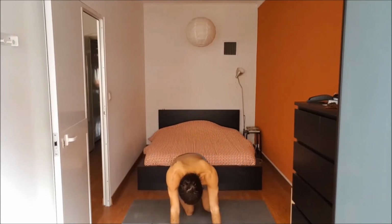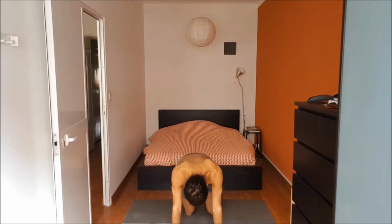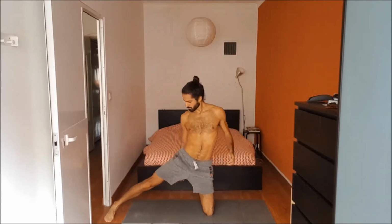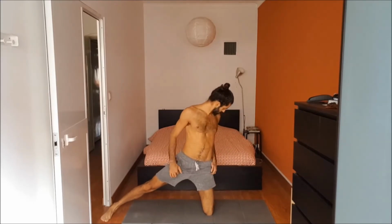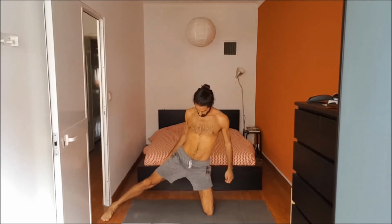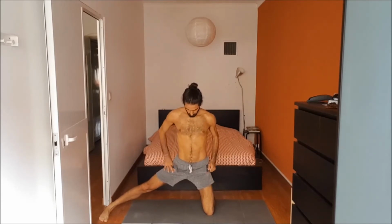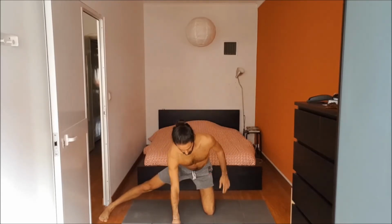Switching the legs. So now we're going to extend the right leg to the side, keeping the outside edge of the right foot parallel to the outside of the mat. Keeping the right heel in the same line as the left knee. Keep the hips